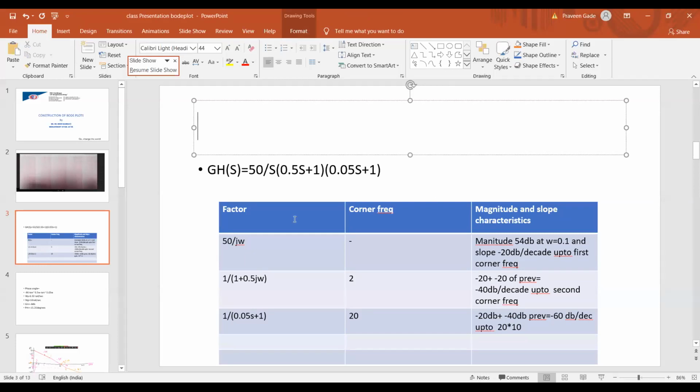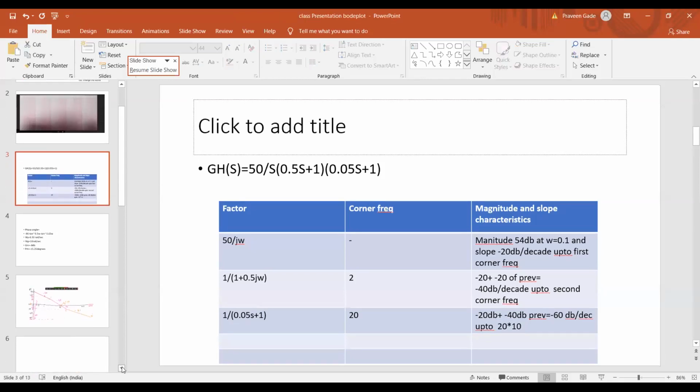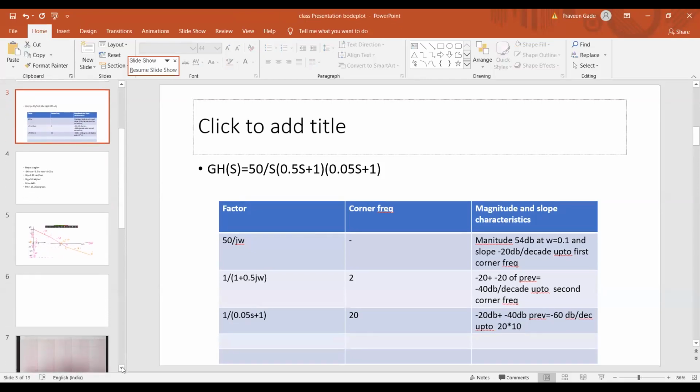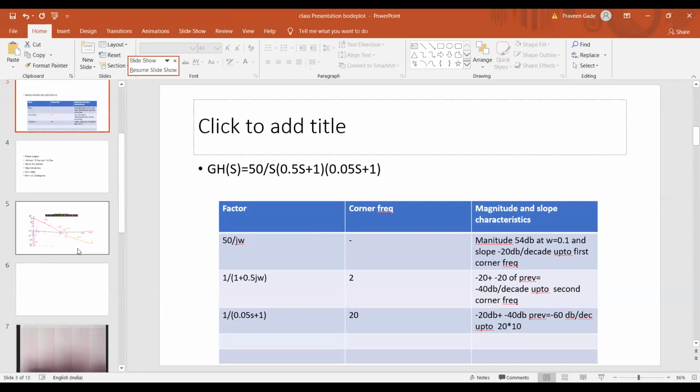Okay. So now the magnitude plot has been done, and then you have to do the phase plot. For the phase plot also, you have to mark the angles from minus 140 to minus 220. Then corresponding to each frequency, whatever values you are getting, you have to mark them there. Fine. So then you have to complete that. You have to see how it is going to happen, right?